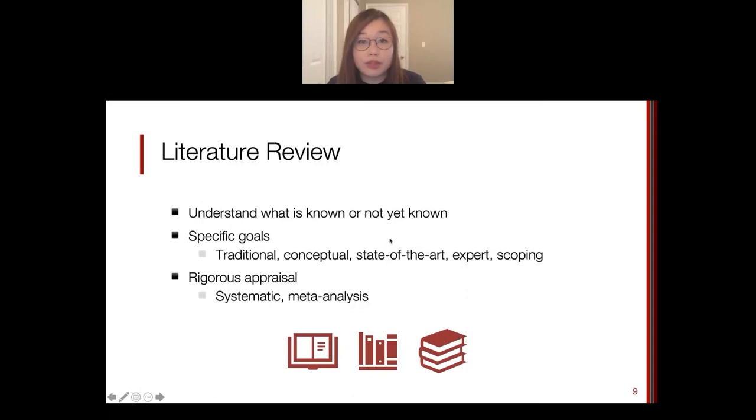The general purpose of a literature review is to understand what is known or not yet known. There are many different types of literature review that serve more specific goals. These include the traditional review, which is a critical examination of the literature; the conceptual review, which synthesizes ideas, groups common themes, and contextualizes understanding; the state-of-the-art review, which is meant to discuss the most recent research;